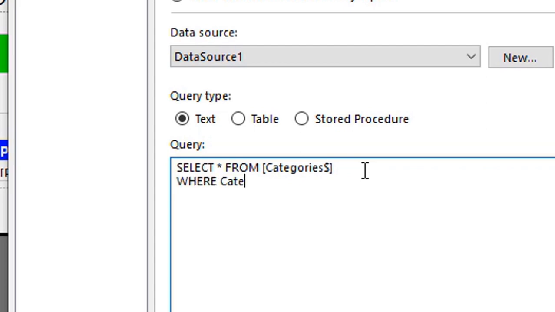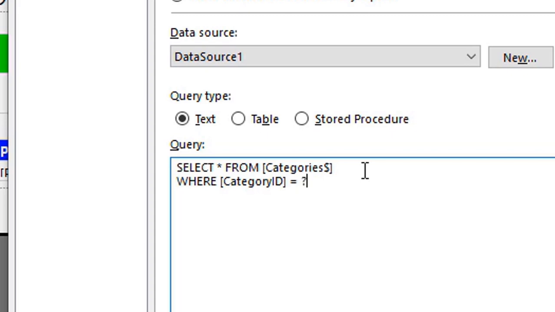Where category ID, we need to also close this within the square brackets. Is equal